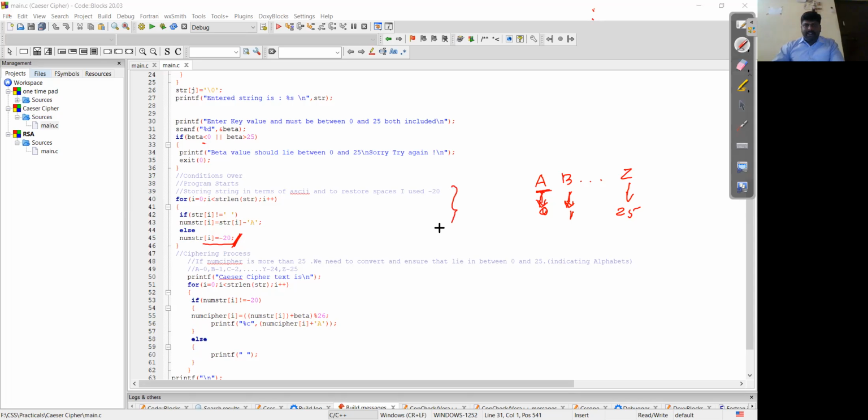What I did in order to convert all the strings into capital letters, we have used the toupper function, and followed by that, in order to map the ASCII values, here it is mentioned A is to be assumed as 0 and B is 1, C is 2, till Y is 24 and Z is 25. In order to do this process, I have used this code.